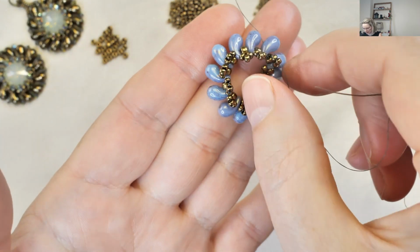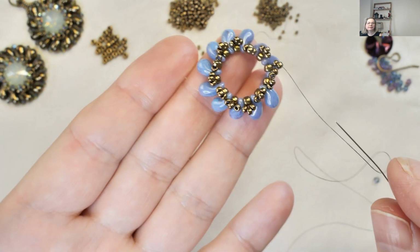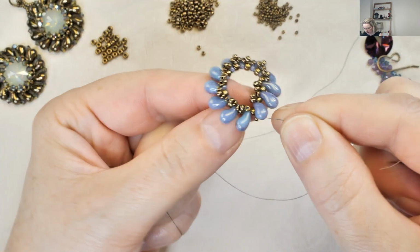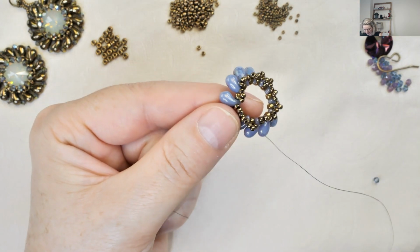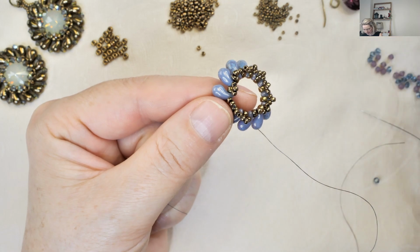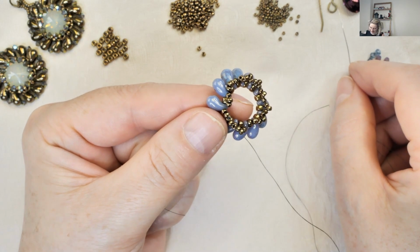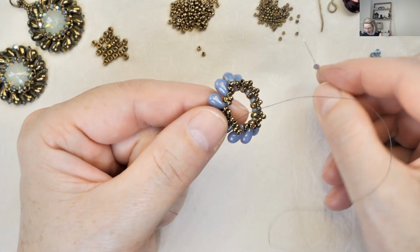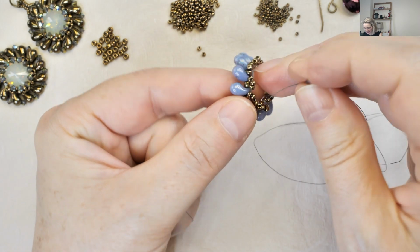So this is what we have here. Now I will pick up one bicone. I don't think I told you about the ear wires. I forgot about the ear wires. Of course you will need ear wires if you want to make a pair of earrings. So I will pick up one bicone, one 15-0 and one bicone, and I will skip